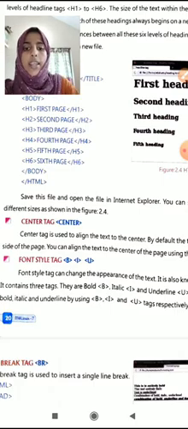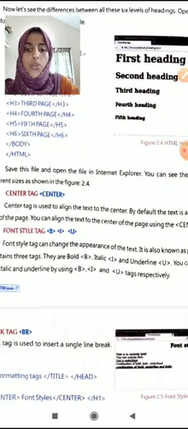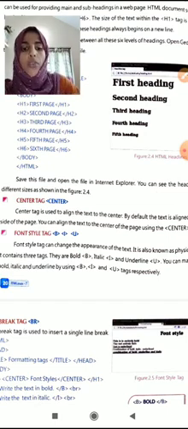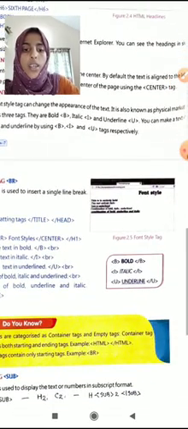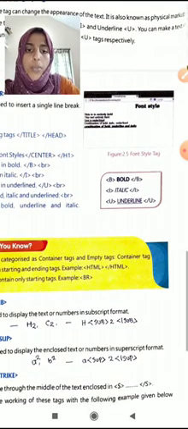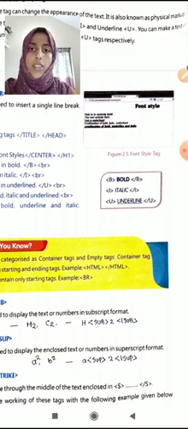Okay, then next one is the font style tags. Font style tags are used to beautify the characters. They are B for bold, I for italic, and U for underline. How can we use them? You can see <b>bold</b> is used to make a text bold.